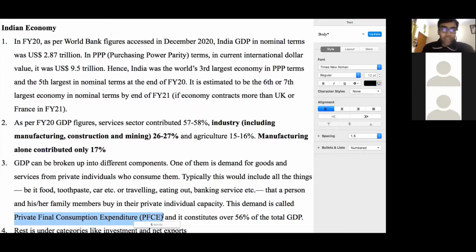Now, of course, if you go by biology, you can say that if we do not get energy in our bodies, how are we going to work and contribute to the GDP? So in that sense, yes, everything is connected. But when it comes to calculating economic statistics and computing GDP, there are certain sets of goods and services like food, buying a car or toothpaste, your medicines, your household appliances, or going out and traveling, taking banking services, education services, transportation services, or healthcare services.